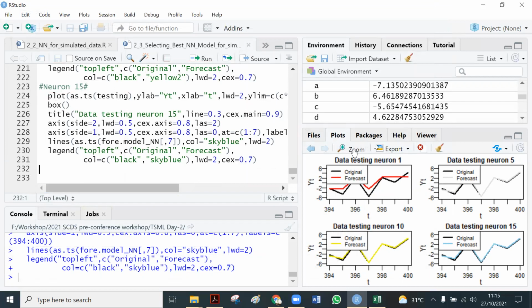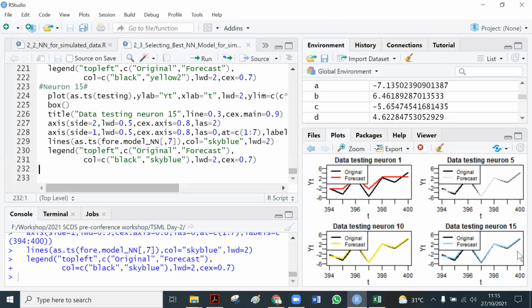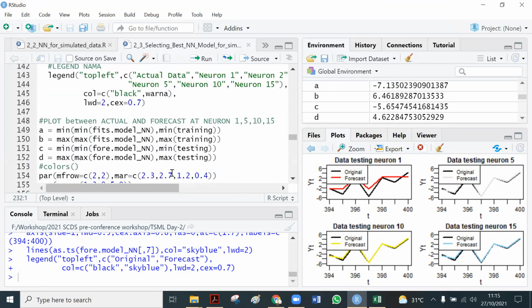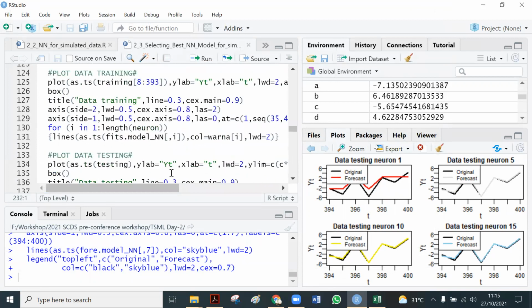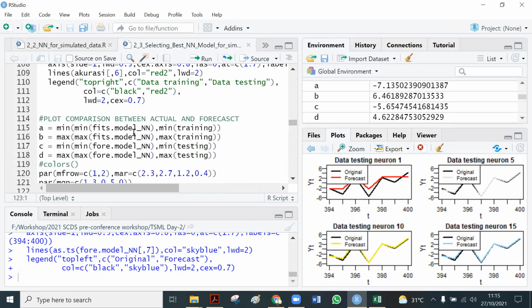Okay, if we have such a graph, it is not good, particularly if we want to submit to a journal for publication, right? Yeah, because the space is not enough to display all the graph. So we can do like this. For example, I start from here.